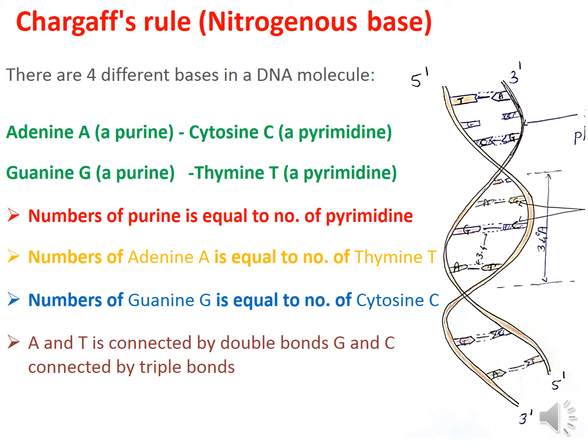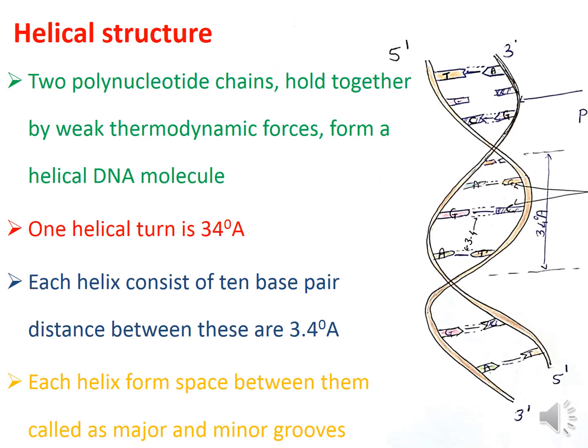So let's see how the helix structure forms from the phosphate backbone and nitrogenous bases. Here is the helical structure of DNA. The two chains are coiled together and hence they form coils, that is, a helix. The helix also forms grooves when the strands are arranged in space. These grooves are known as major grooves and minor grooves, and they are present alternately in the structure of DNA.